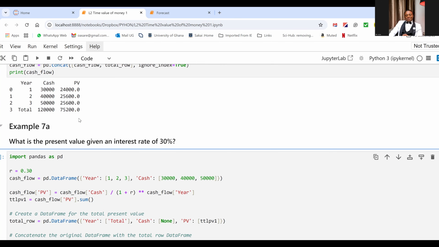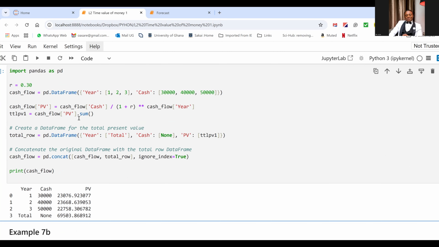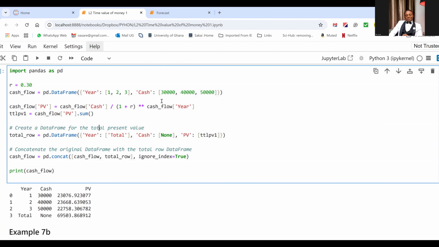For each one of them. Yeah, 69,503. Yes. So cumulatively,